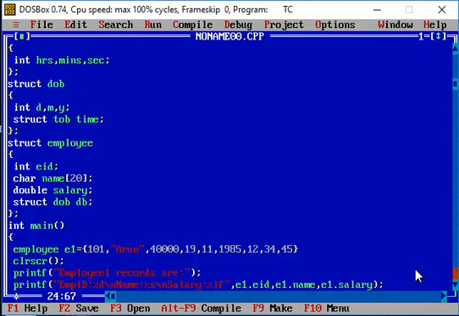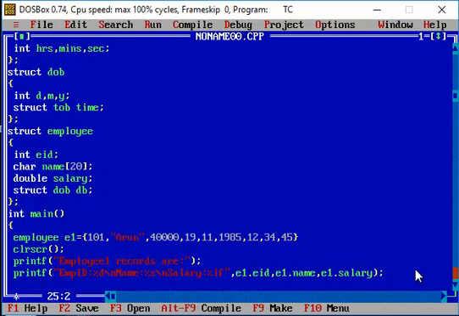So this is done. Now I'm going to use another printf statement to display the date of birth details. Let's say the date of birth details include the day, the month, and then the year, all of integer data type. So I'm using %d hyphen %d hyphen %d. Now we are going to see how you can access these structure members through the structure variable E1. E1 has the license to call the structure member, and if you remember, the date of birth is defined by the structure member DB.